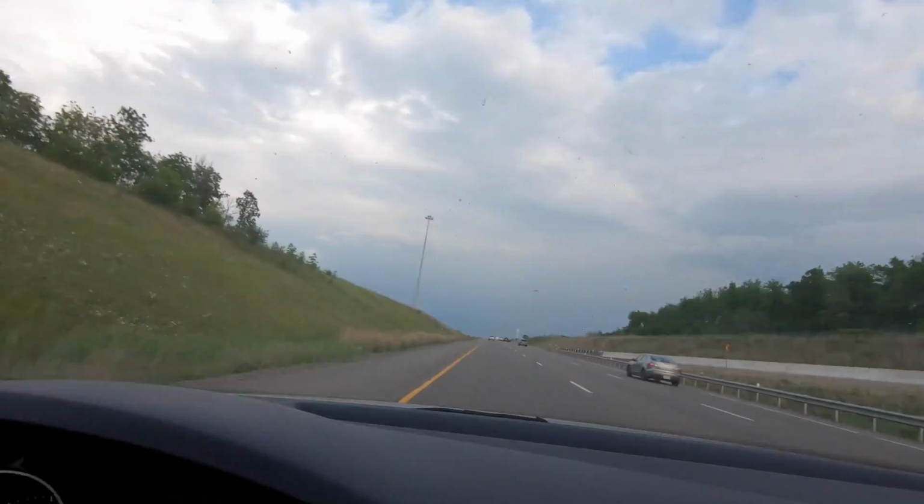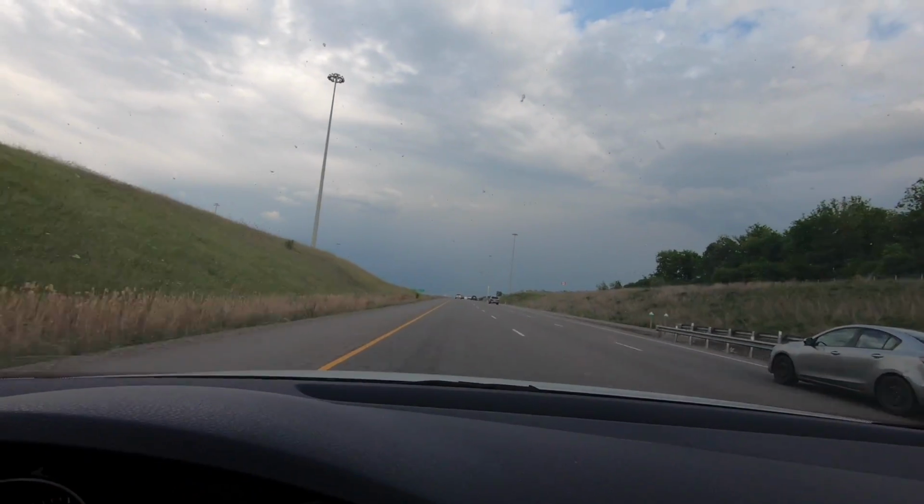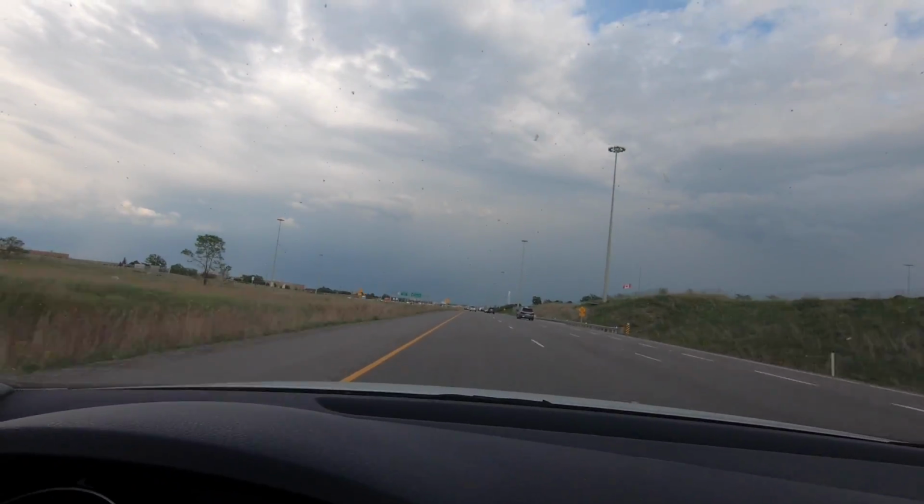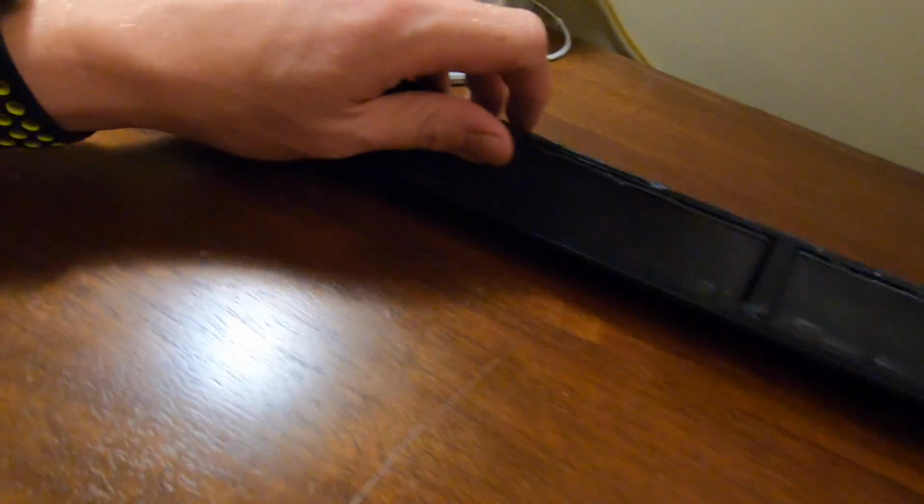Alright guys, and we're back in the Jetta, so now we're on the way back home so we can finally put that vent in, and it looks like it's cleared up. Not raining anymore. Skies should be turning blue soon, which means the Jeep should dry up and we'll be ready to throw that vent on. Now, hopefully it stays on this time. Okay, so now we're back